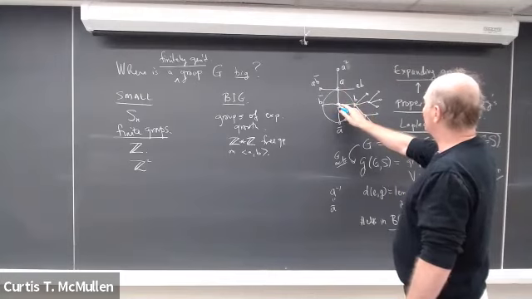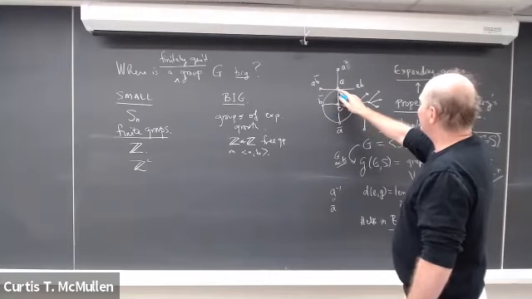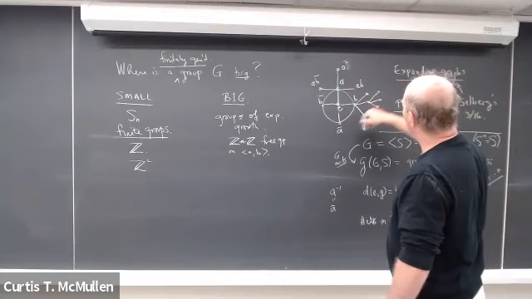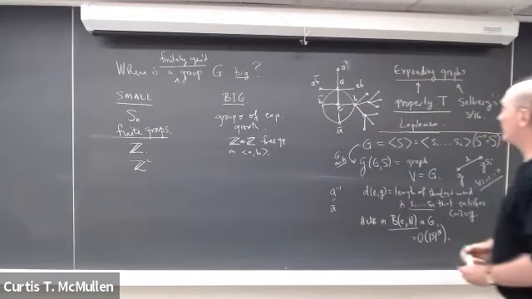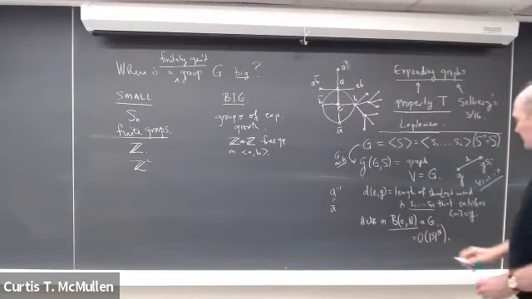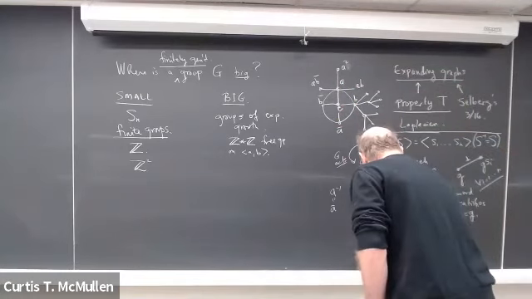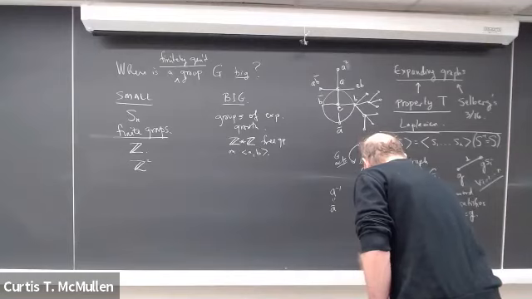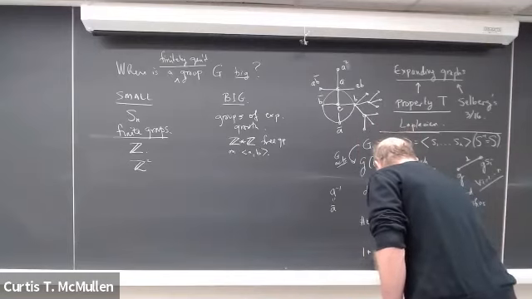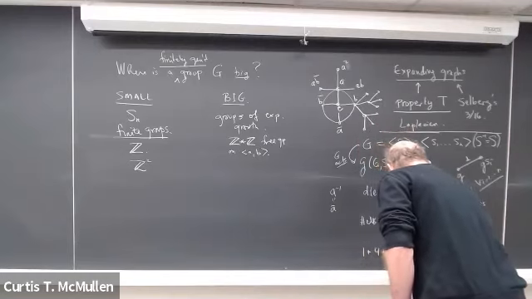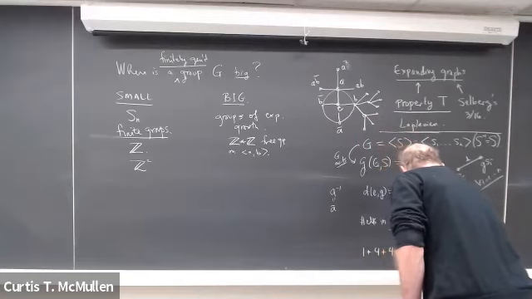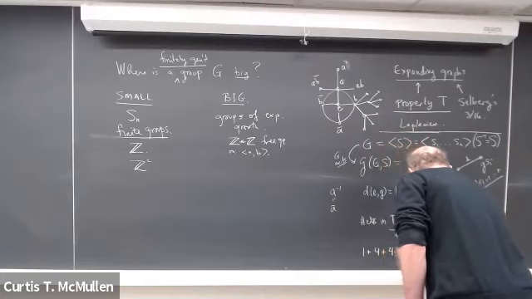The circle of radius 0 consists of 1 element, and then the circle of radius 2 consists of 3 times 4 elements. So Bn in this case is 1 plus 4 plus 4 times 3 plus 4 times 3 squared,